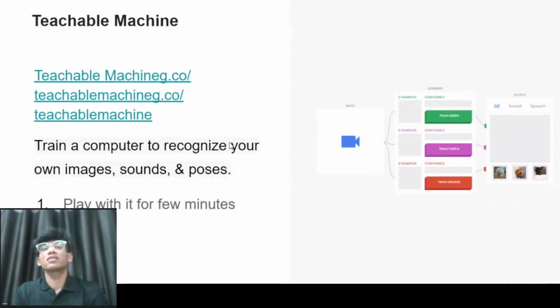So there is one more amazing platform, which is Teachable Machine. So what does this platform do? On this platform, you can train a computer to recognize your images, sounds, or poses. If you visit this website and go through the section image classification,